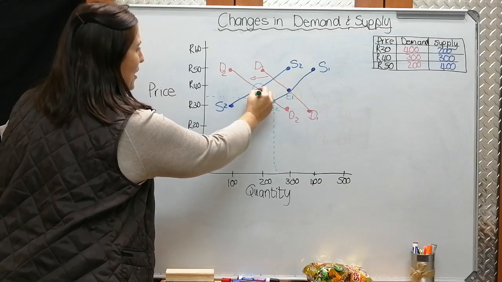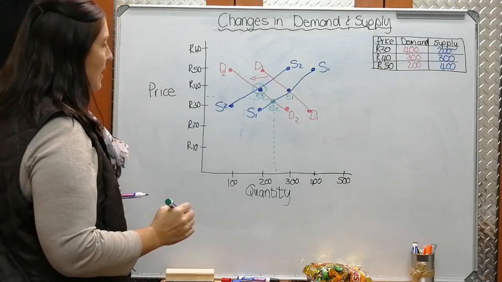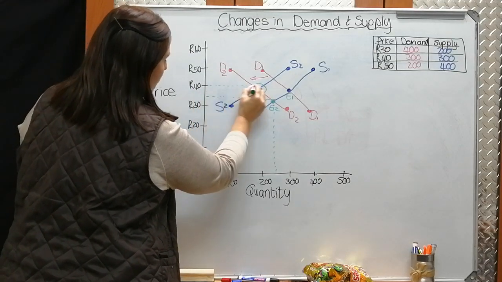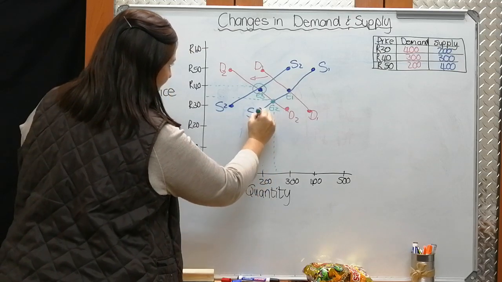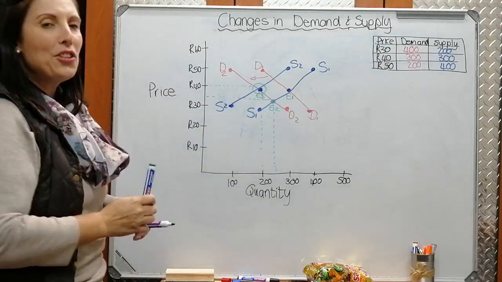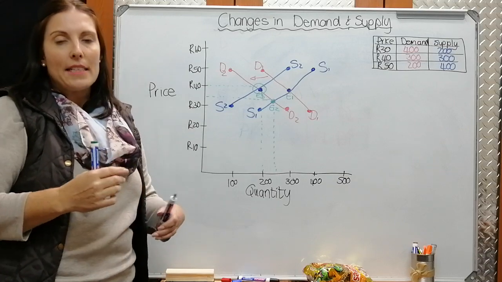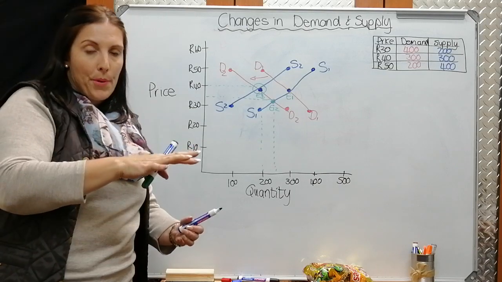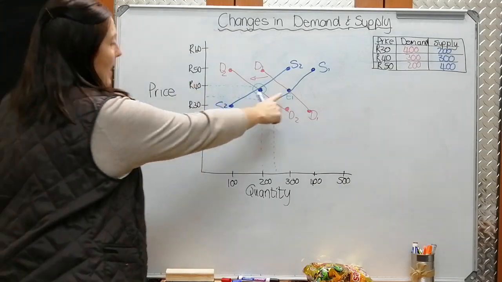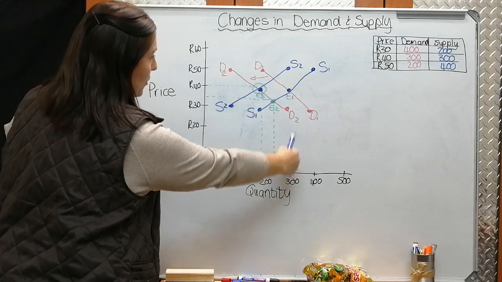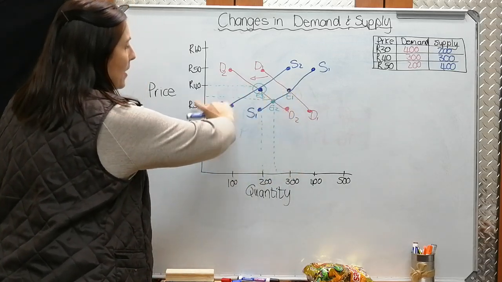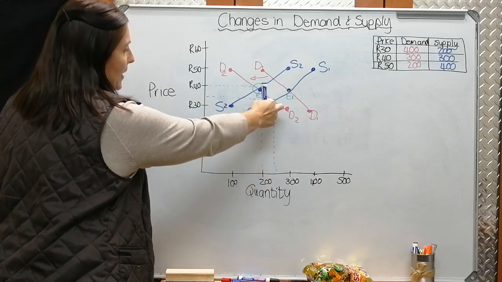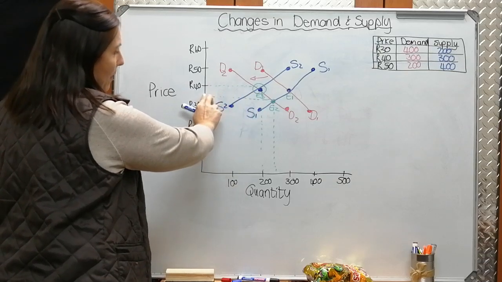Let's do this one so that you can see equilibrium 3. So what is the new equilibrium point? It's about 40 Rand, 200. Okay, so can you see the result that we see if there's a change in demand? Equilibrium price drops. We had it there. It was 300 units at 40 Rand. Then because the demand dropped, the equilibrium price and quantity dropped to 250 at about 35 Rand, if we're guessing